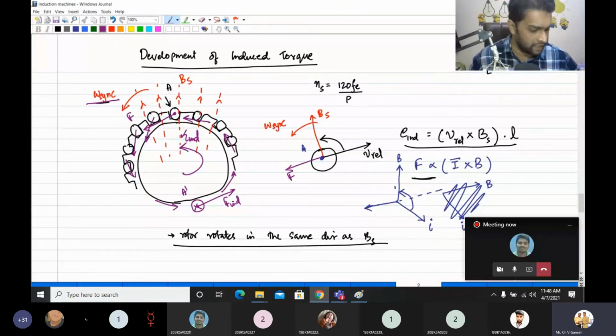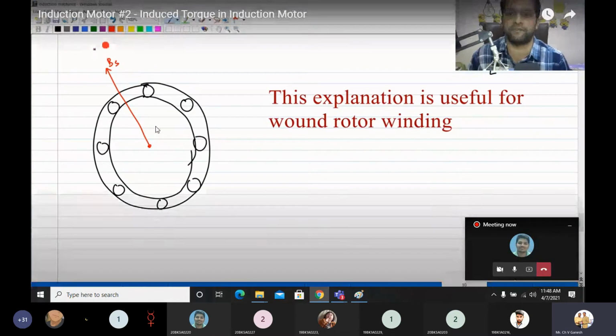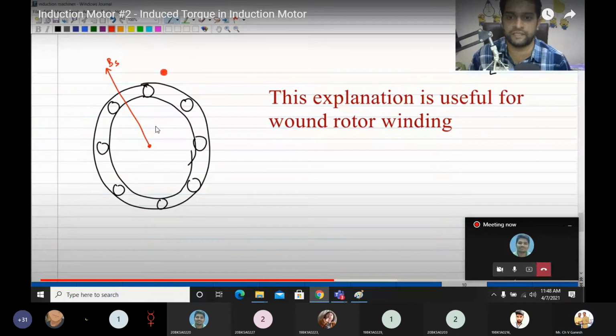Now there is another way to explain all these things. So let's now draw the proper rotor structure and try to explain this with respect to the fields which are created. It's almost the same diagram which I have drawn, but I have drawn it a little more neatly here. So here you have the stator magnetic field. Here we are considering a wound rotor. What is a wound rotor? A wound rotor is one with slip rings. I have not drawn the stator structure, so this is actually the rotor structure.